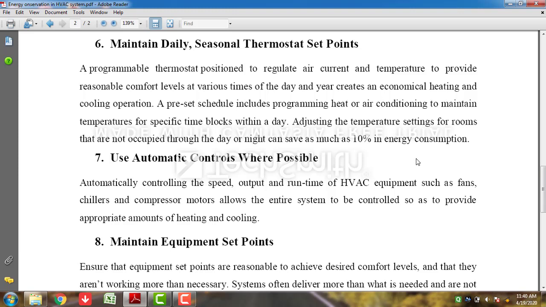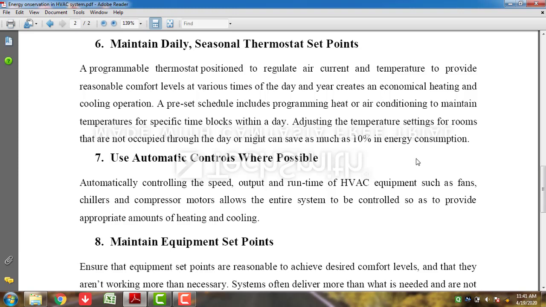Because in the old times there was no concept of thermostat. Once you installed your air conditioner, it would run 24/7 until you switched it off from the main plug. But right now, what is the benefit? If it is installed with a thermostat, you set a temperature. Once the temperature is maintained, it will go off, and if the temperature increases, it will turn on again, and that is the best practice to save energy.